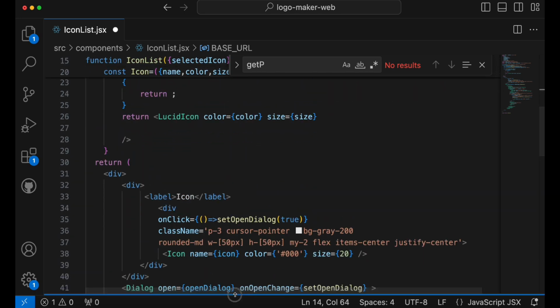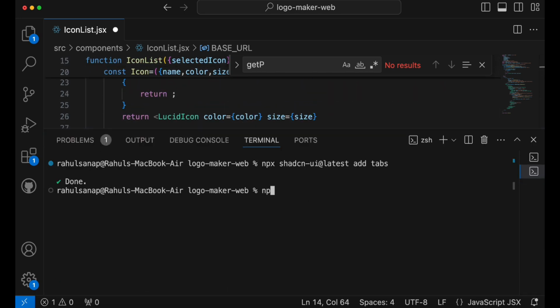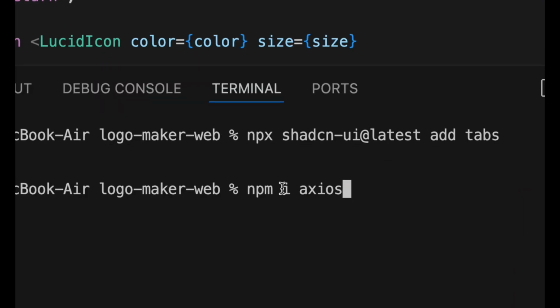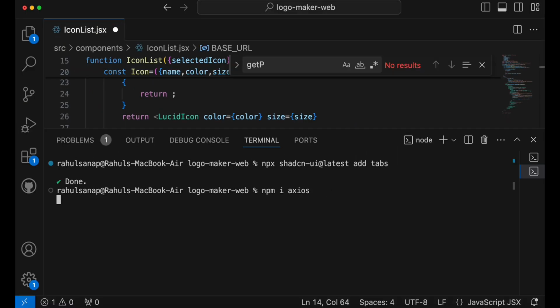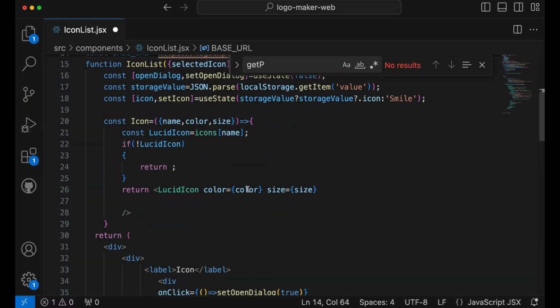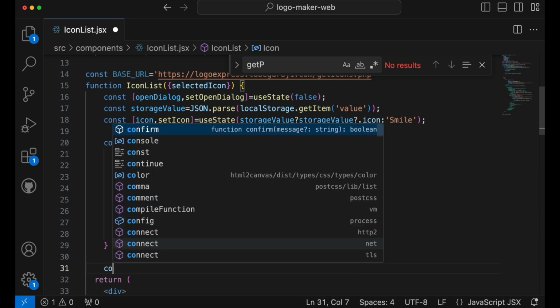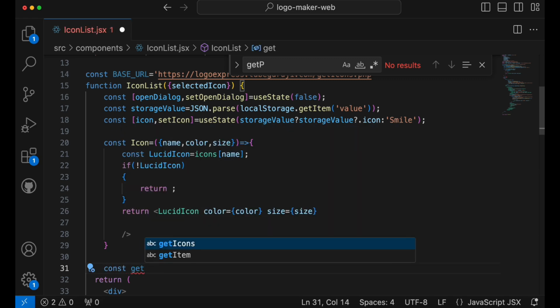Now in order to make an API call to fetch data, I am going to use Axios. So make sure to import this Axios HTTP client. This is the command, just type npm i axios and click enter. And once it is installed, we can create a new method. We can call it getPngIcons,